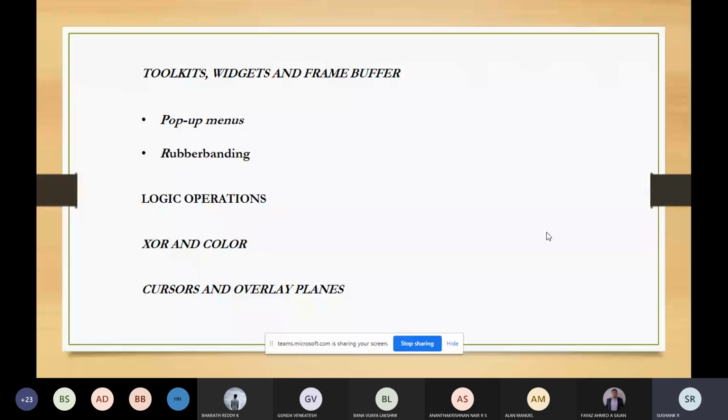So why this can be used: if you are using this XOR mode, you can erase it. You can erase it by applying the XOR operation, because if you apply this XOR operation twice, you will get the original state. So if you have drawn something and you want to delete that, you can do that by applying the XOR operation. So that is in the XOR mode. If you do something wrong, that can be erased by applying the XOR operation.